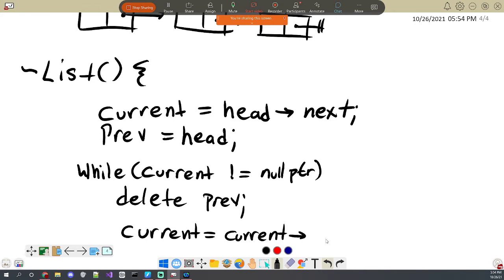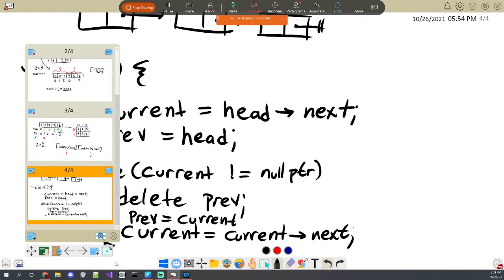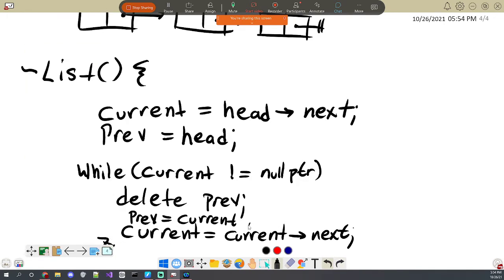Remember, this just moves the pointer to the node to the right of it. And before I do that, I should set previous equal to current. And we can't do it with the method of previous equals previous next in this one because previous is now deleted. So that would be a segfault. Just be careful there. I'm having some trouble writing around that. Well, looks good enough, I guess.